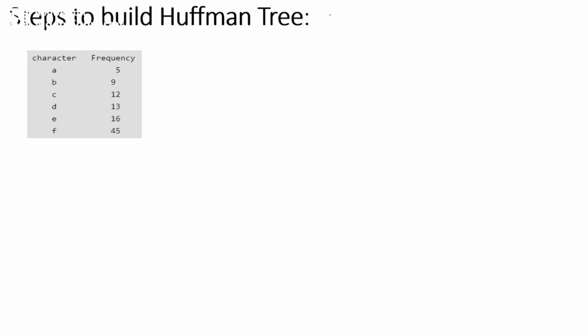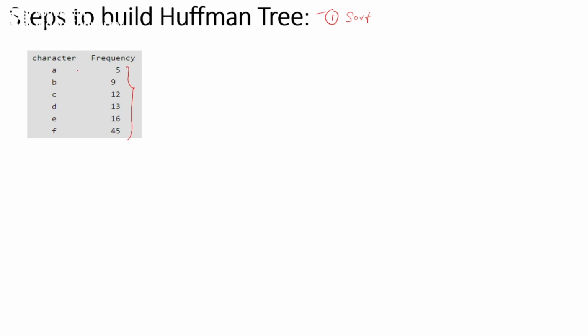The first step of Huffman code is that if the frequencies are not in ascending order, you sort them in ascending order. So the first step is sorting in ascending order. Now, in this example, it is already sorted according to the frequency, so it is in ascending order. Let us eliminate this step and go to the next step.